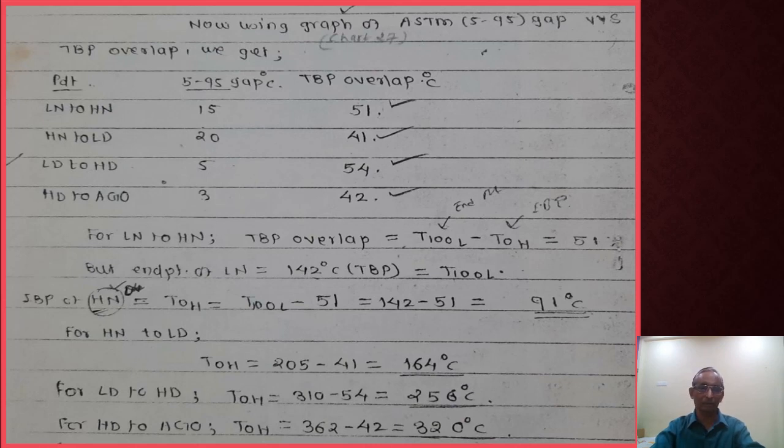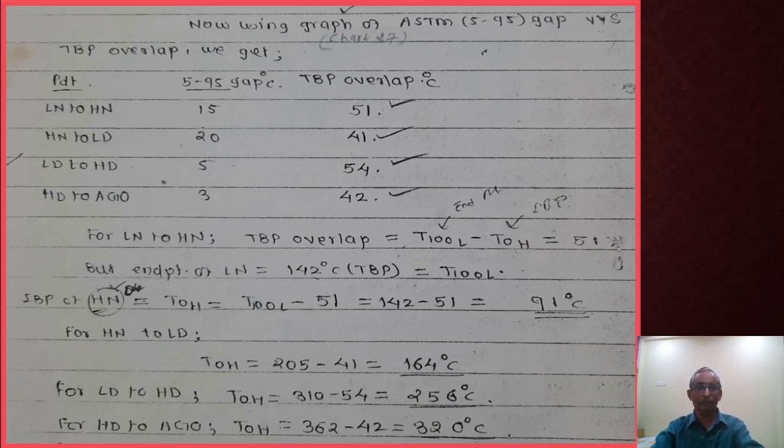Because boiling ranges are going to overlap. Suppose for example, for gasoline it is 40 to 150, and the next product, kerosene, is going to start before that ends. Suppose the first fraction is 100 to 200 and the second fraction starts from 180 to 250. Then that particular 20 we consider as the overlap between two products.